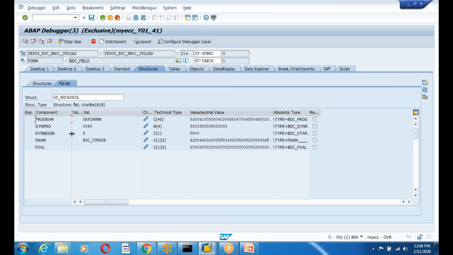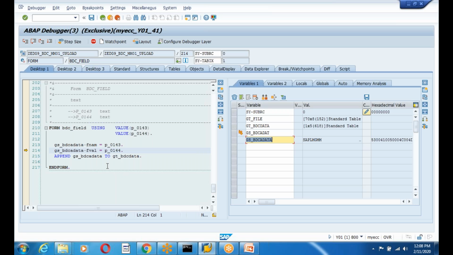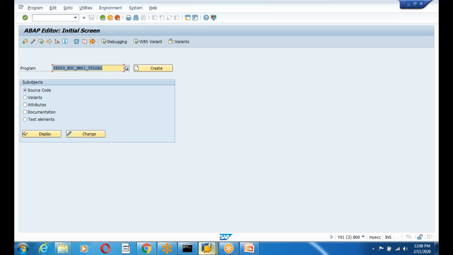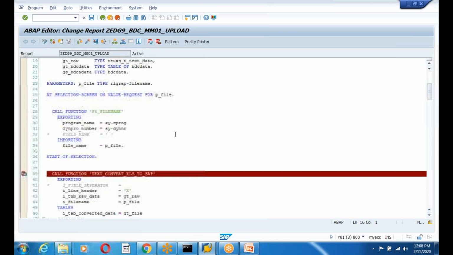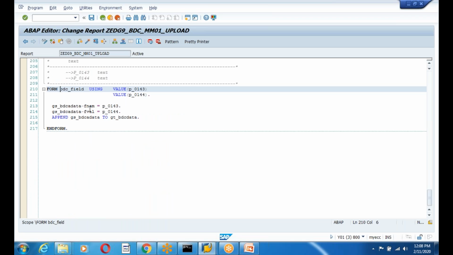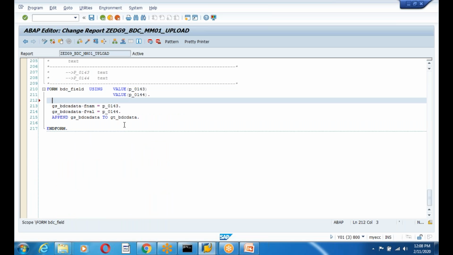GS_BDC data. See, this is my GT_BDC data. But okay, did I clear it in this subroutine? No, guys. Debugging restart. I only cleared in one subroutine. I need to clear the same thing in the two subroutines. So one subroutine is here, the second subroutine here, and you need to clear